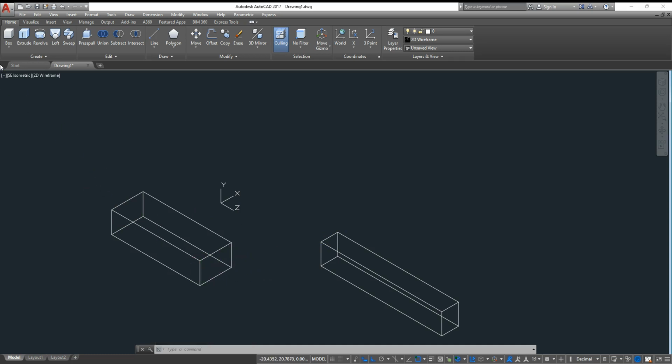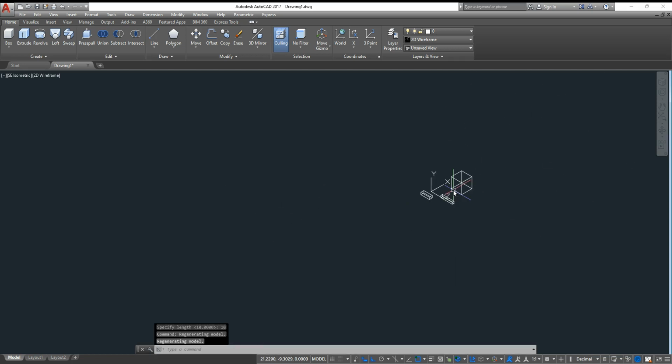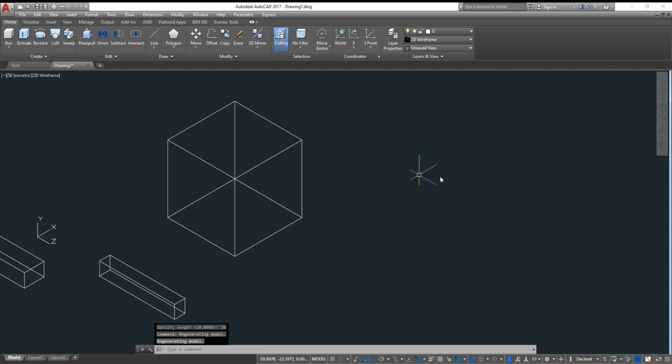So how can we use again the box? So we can see the box, drawing a box as a cube. Meaning we can start with a cube. To get a cube, we need the length, width, and height equal. So let's have our value as 10. So length and width and height is equal to 10. So we can see that is already a cube.